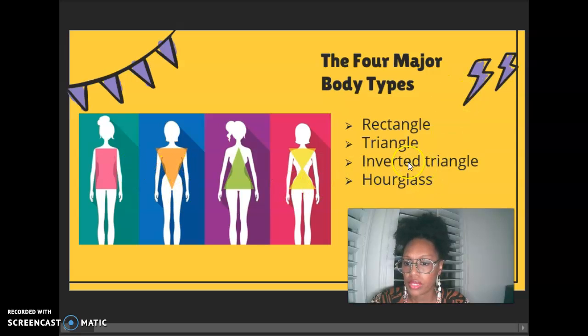Are we an inverted, I said those backwards. When I said inverted triangle, it's not pear-shaped. Triangle is pear-shaped. Are we an inverted triangle? So are we very broad on top and narrow on the bottom, right? Are we a pear shape, right, which is a triangle? So are we heavy on the bottom and then narrow on the top, or are we an hourglass? So wide, narrow at the waist, and then wider again